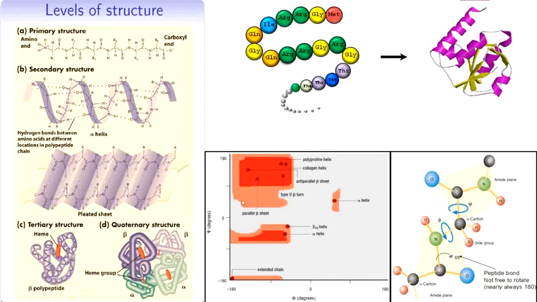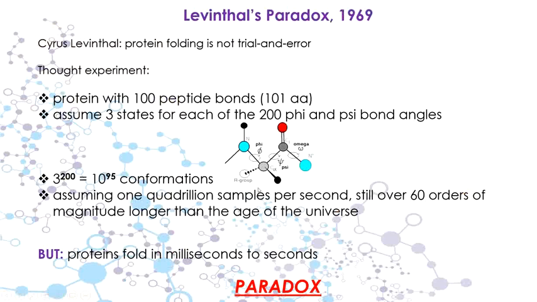see that the phi psi can avail any angle that they want. It can be 180 degree, it can be 160 degree, it can be 150, it can be 151, 152, 153. It can be anything, any random number, right? যতটা allowed region এর মধ্যে আমি যা ইচ্ছে নাম্বার হতে পারে, আমার phi psi ভ্যালু যা ইচ্ছে হতে পারে। So let's just assume that there are 3 states for each of the 200 phi psi angles. Just 3 states. যে কোনো 3টে অ্যাঙ্গেল নিতে পারে। সাপোজ 120, 150, 180 এই 3টে অ্যাঙ্গেলই নিতে পারে ফর দিস এক্সপেরিমেন্ট।